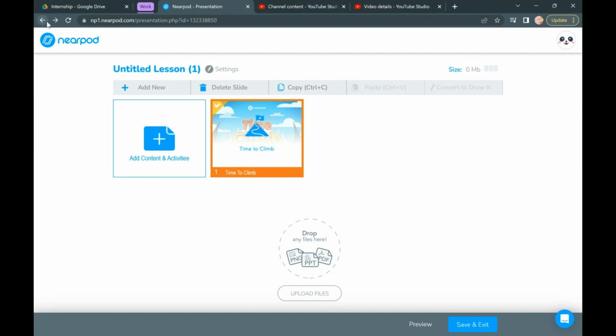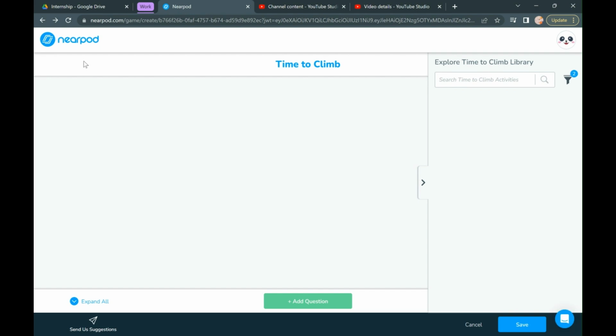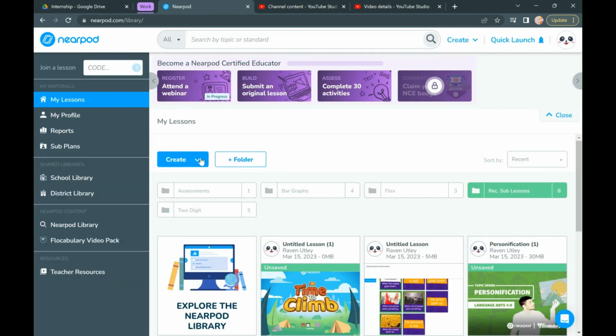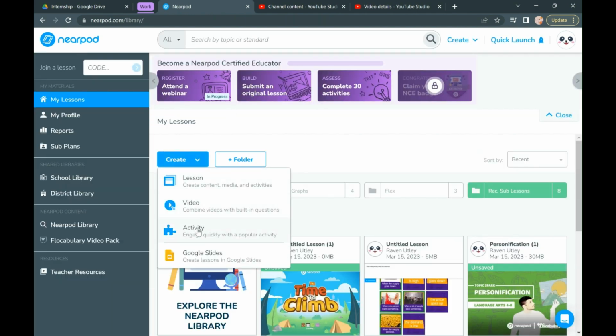So those are the 4 activities that kind of pop up already whenever you go into Nearpod and you just press create an activity. I'm going to show you other ways to access hundreds of different types